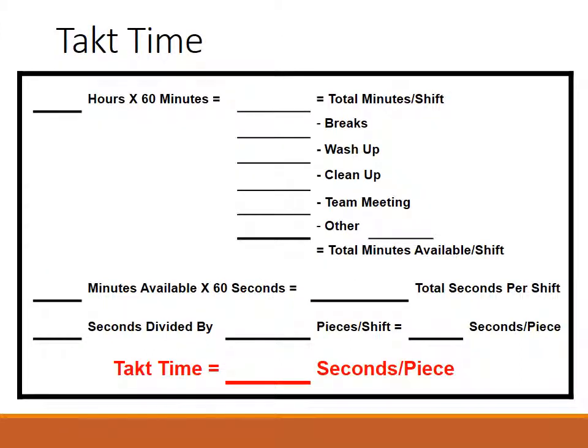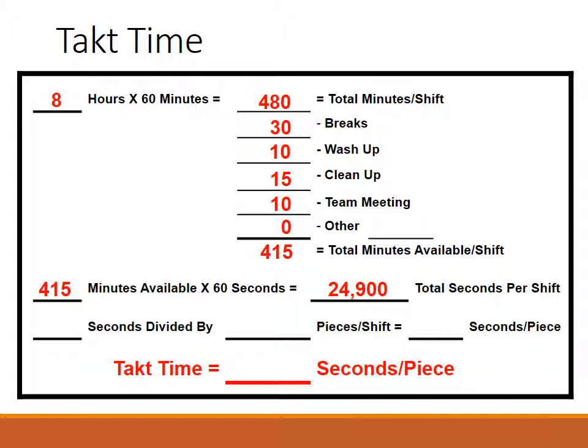So one of the things we need to determine is how fast should we run the cell. This is kind of just a production pace. And to do that, we perform a takt time calculation. And takt in German actually means rhythm. So we'll take the number of hours in the day, 8 typically. So that gives us 480 total minutes per shift, minus the time for breaks, minus the time for wash up, clean up, team meetings, and anything else that happens to occur during the shift. That gives us 415 total minutes available per shift. So 415 minutes,